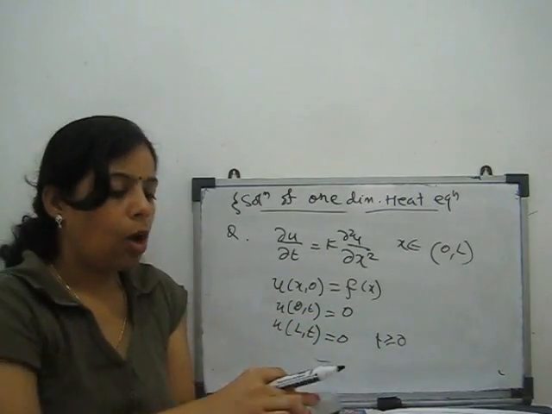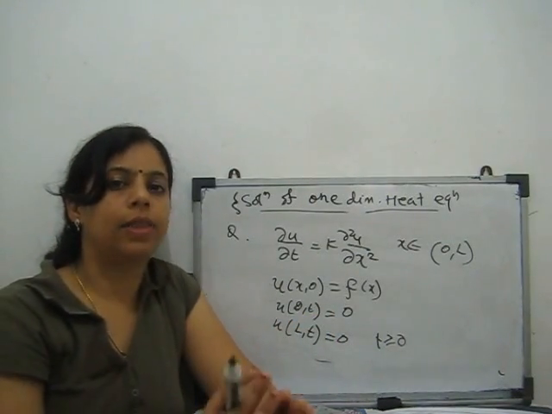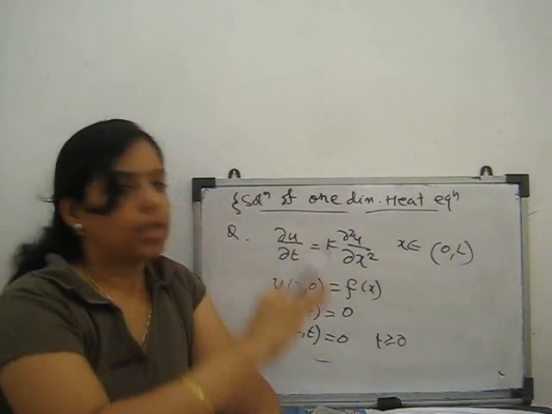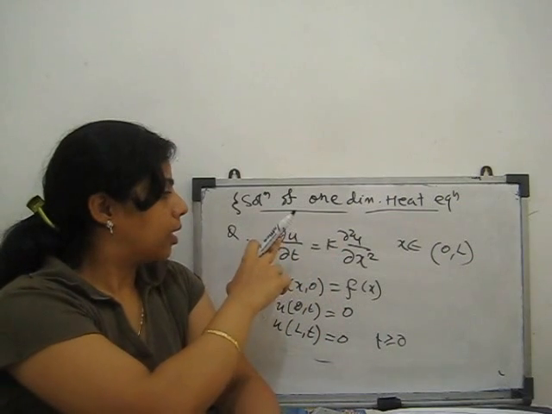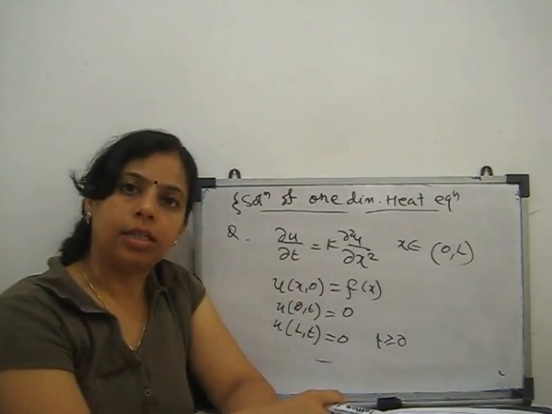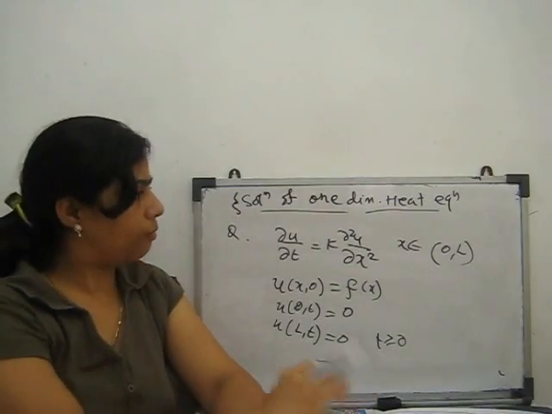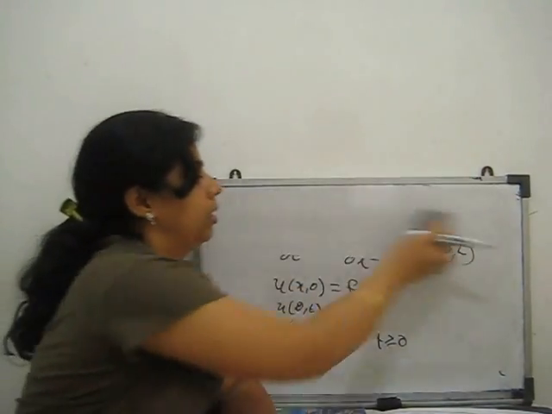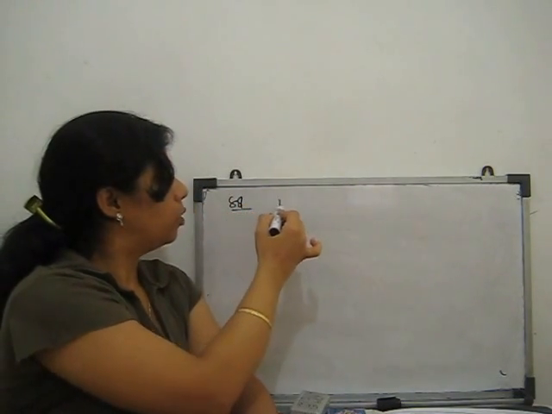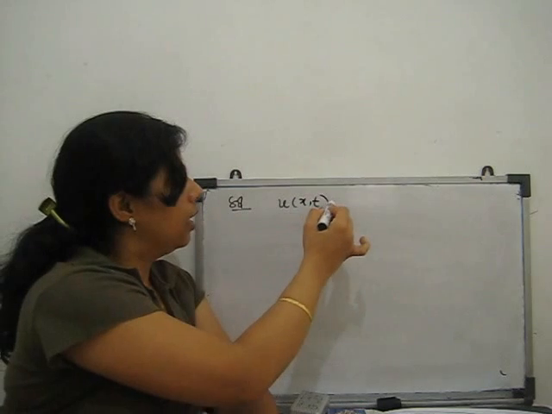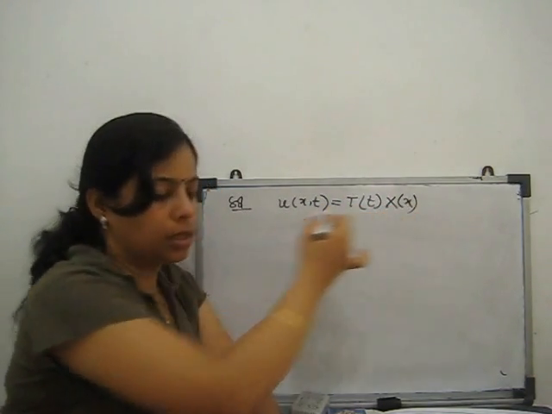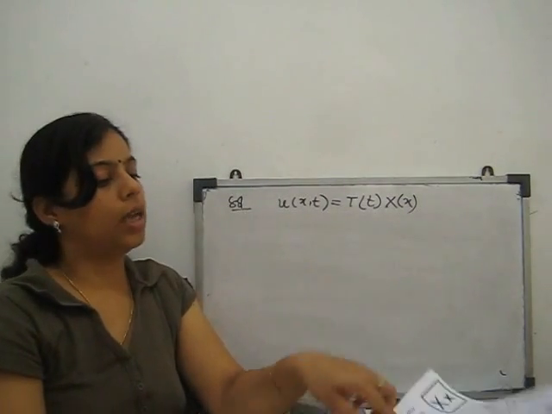So now how to solve this heat equation with the help of separation of variables. So now we start the same process. We can consider our function u, which is dependent on x and t. It is a function of x and t. So step 1, I can start from the beginning. It's a very big equation. Solution. So solution, I can start u(x,t) is T(t) into X(x). Clear? Function of t and x.